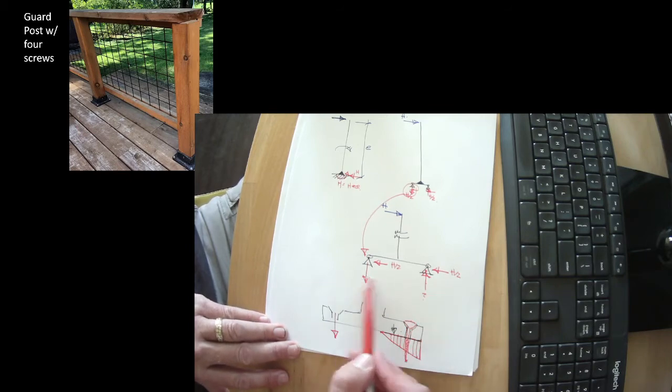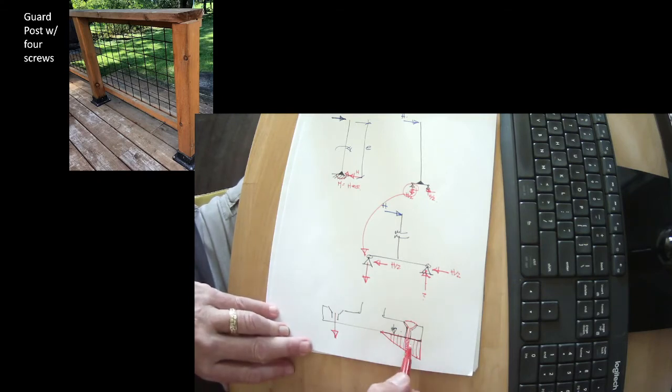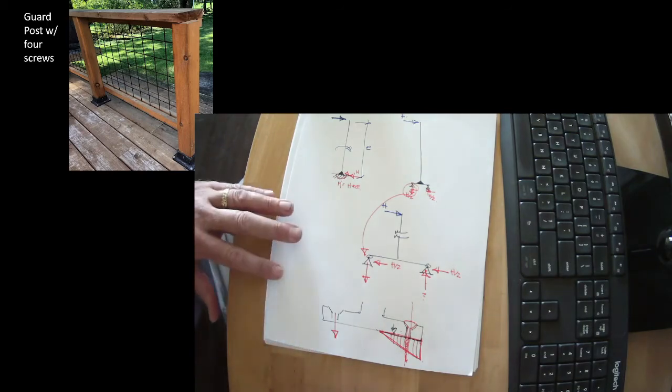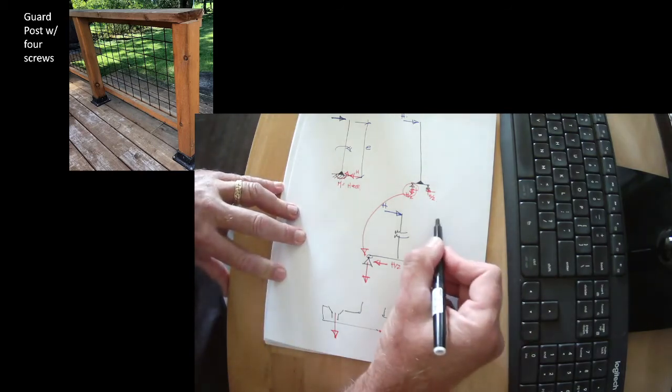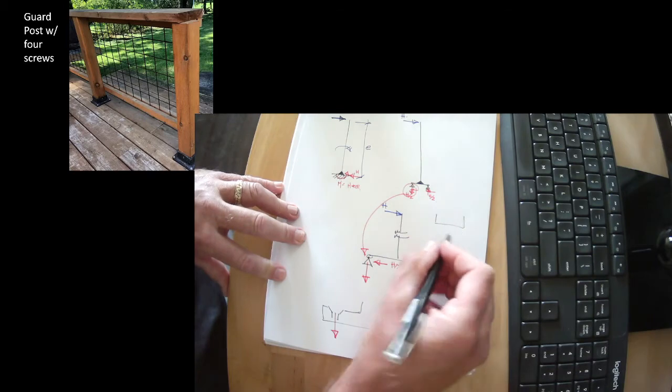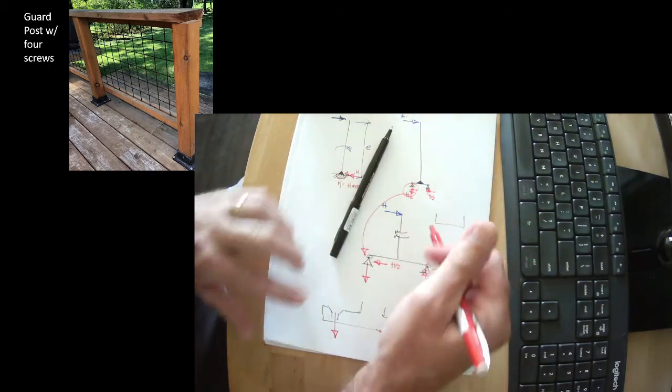So the reason it's not unreasonable to consider the screw to carry it in compression is that representing that bearing against the wood as a triangular stress distribution with its centroid along the screw is not an unreasonable assumption. The fact is that reality, if this is our base and this is our screw,